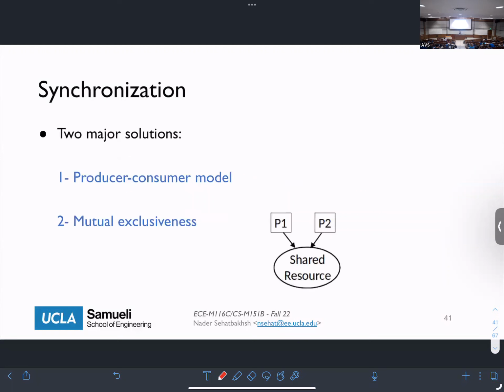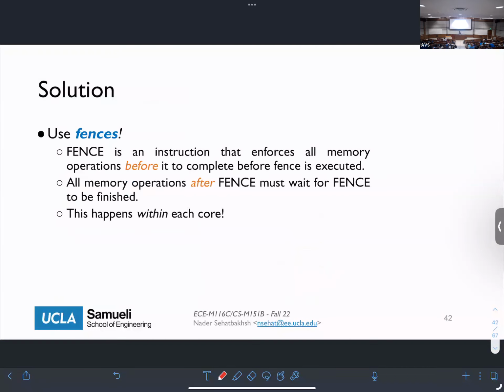So what are the options, what are the solutions, and what are the hardware primitives for synchronization? There are three different things that we need to discuss. The first one is what we call fences. All right. So think about a fence as an actual instruction, same as your add or XOR or multiply and so on. What a fence does is literally a fence. It says that everything before the fence has to happen before everything after the fence.